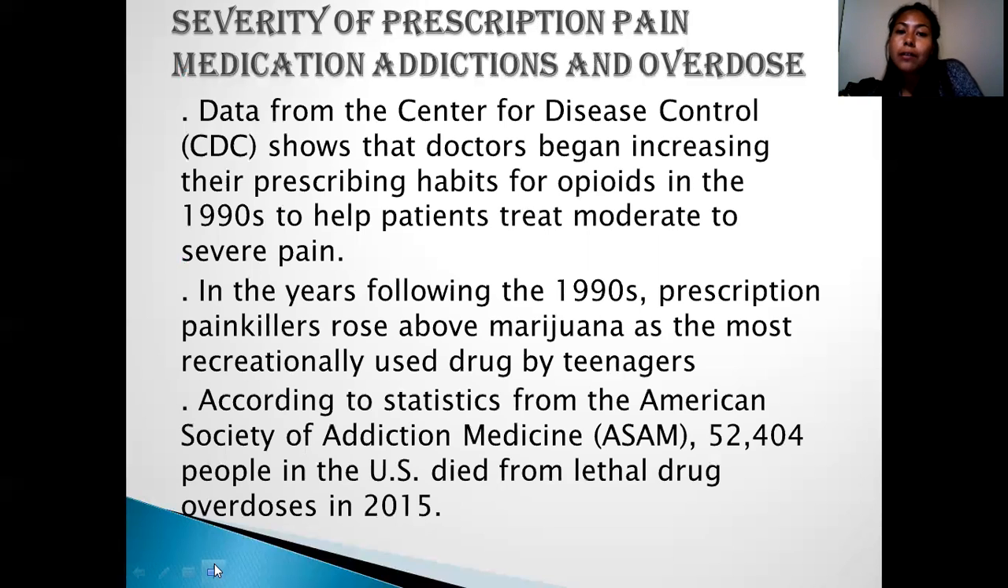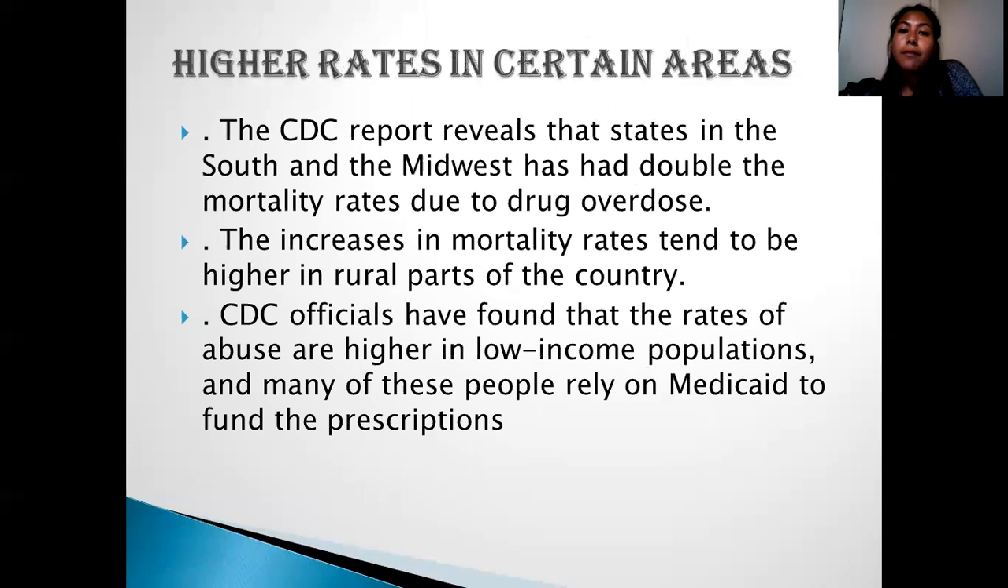So as we see here, doctors in the 1990s prescribed opioids in order to treat patients that were in moderate to severe pain, and after the 1990s, it led to painkillers being the highest drug use by teenagers, leading to overdoses in 2015. The higher rates in certain areas, according to the CDC, reveal that states in the South